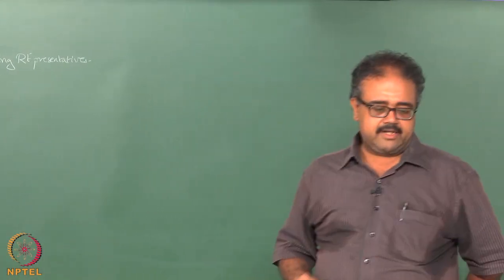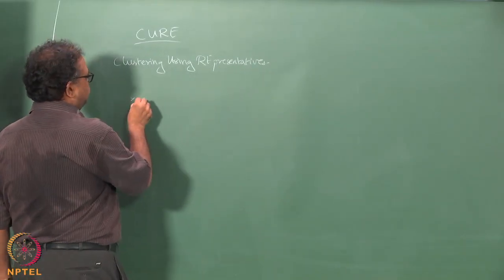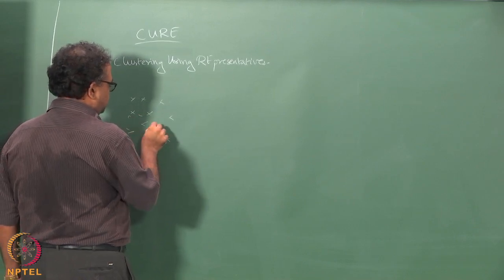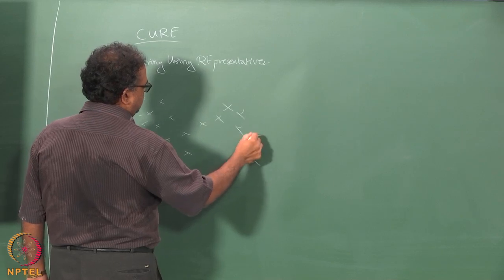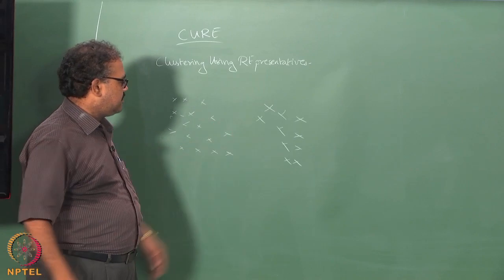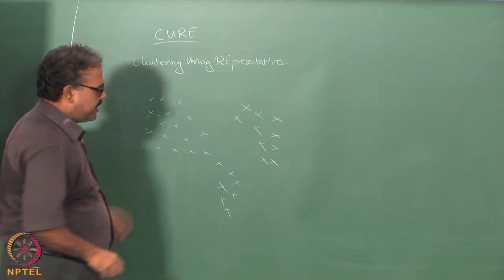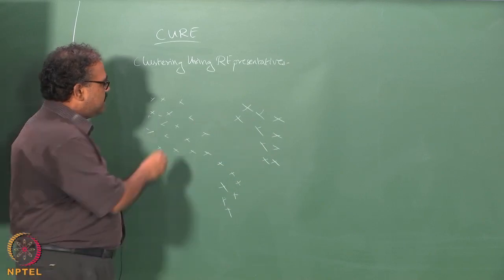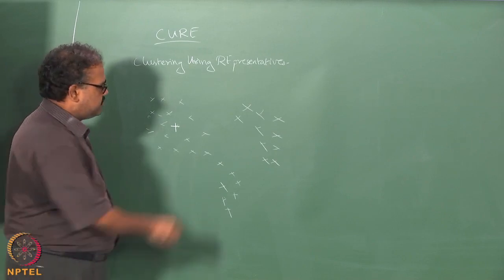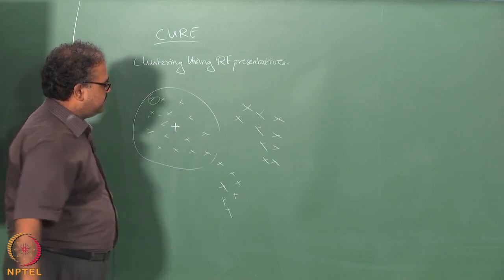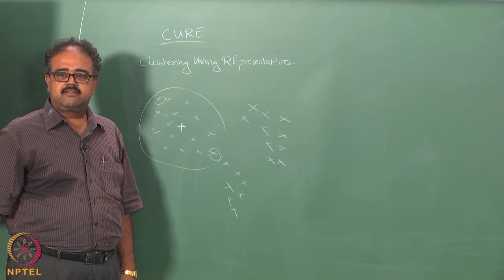So after you have done your initial clustering of the data, let us say I have some weird shaped data like this. Once I have done some clustering, I take the center, and I take the data point farthest away from the center. Let us say that is it. Next I take the data point that is farthest away from this data point, then a data point that is farthest away from